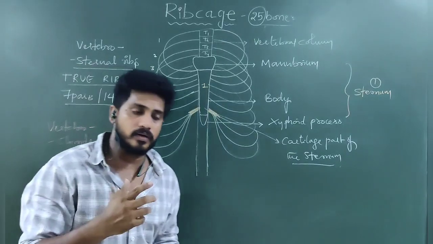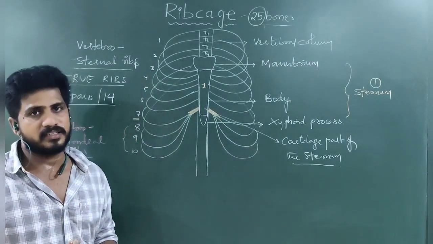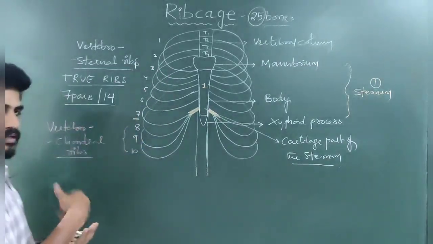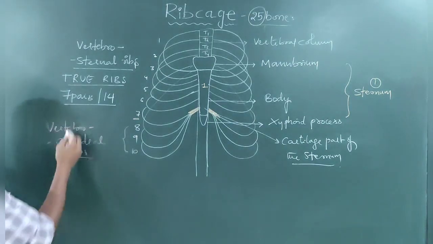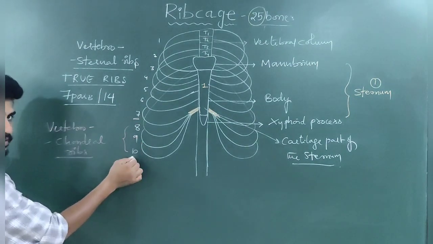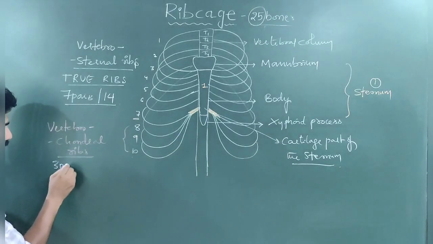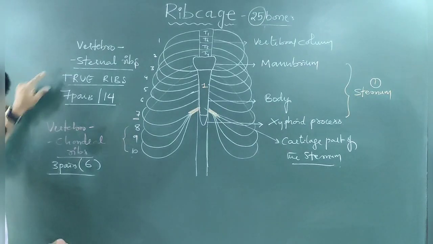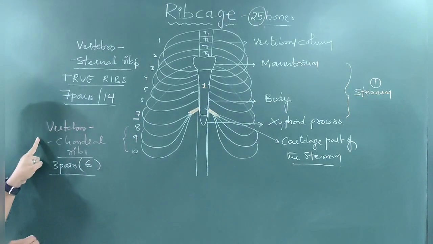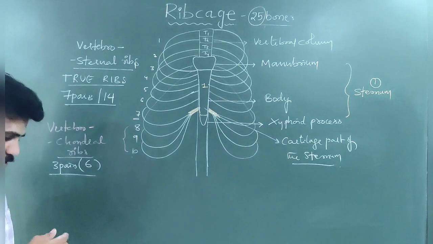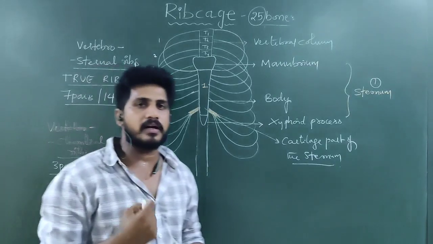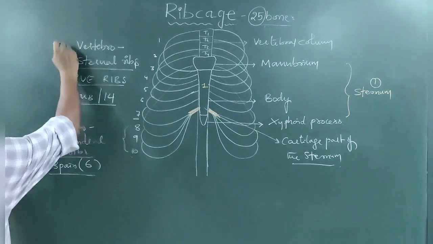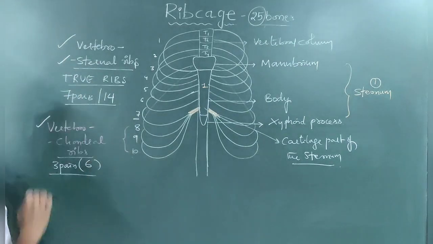Chondrichthyes, cartilage fishes. Chondrin, the protein present in the cartilage. Perichondrium, the layer around the cartilage. So terminology plays an important role here. Just recall your subject. So vertebrochondral ribs, how many? 1, 2, 3. But each is a pair, so 3 pairs or 6. The number of true ribs is 7 pairs. The vertebrochondral ribs are not true ribs, they are false ribs, because they are connected only to the vertebral column, not directly to the sternum. That's why they are called vertebrochondral ribs, while the others are vertebrosternal ribs.